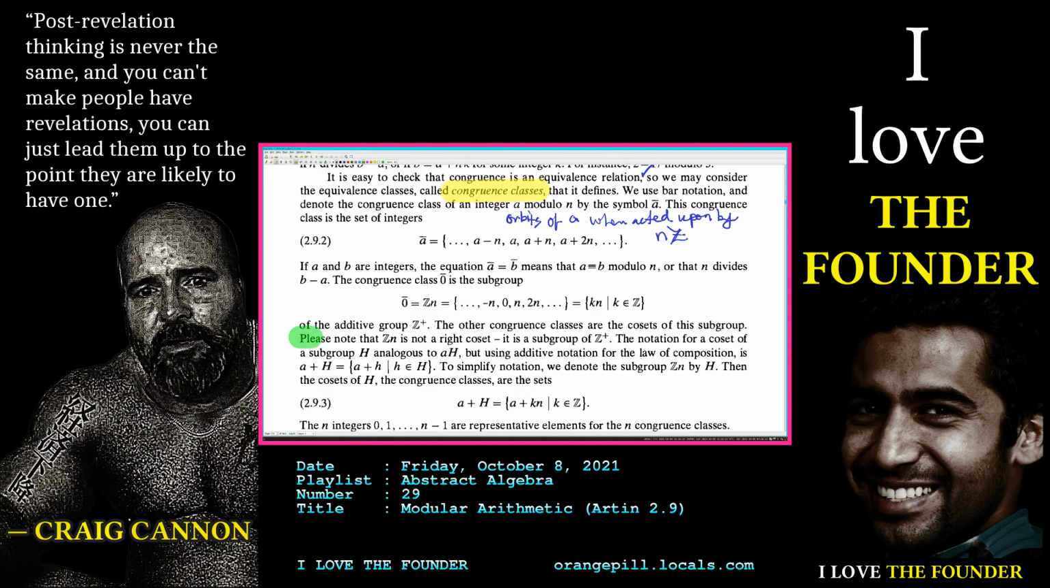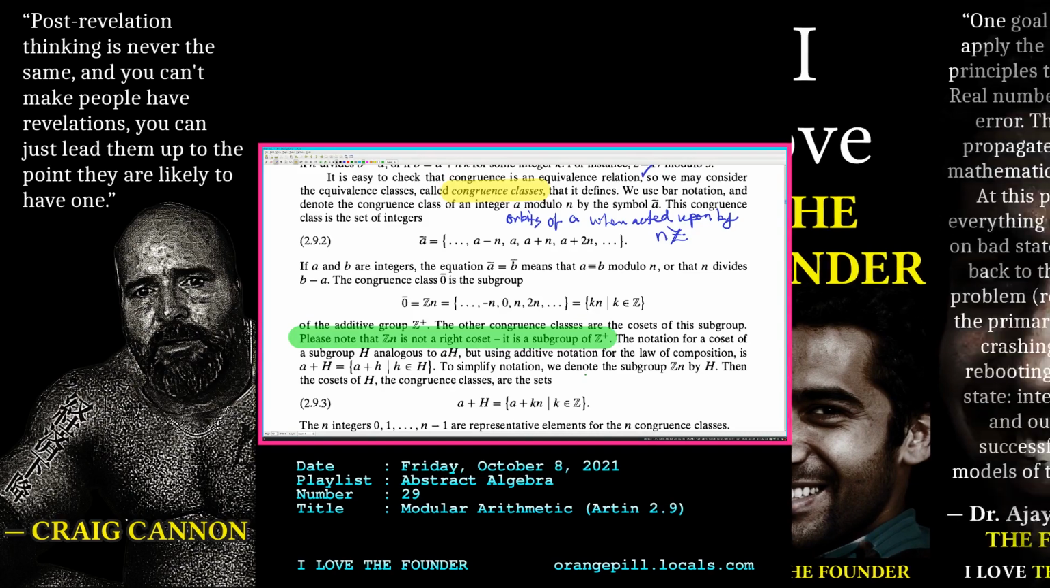Please note that Zn is not a right coset. This is a subgroup of Z plus. So it is a right coset, but with respect to multiplication. Okay, but then it's a coset with respect to multiplication. Okay, I see what he means. It's not a coset with respect to the